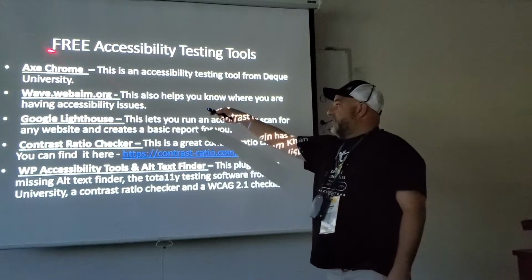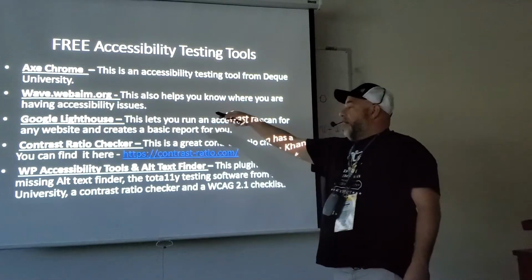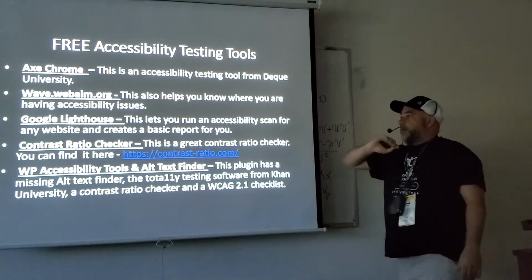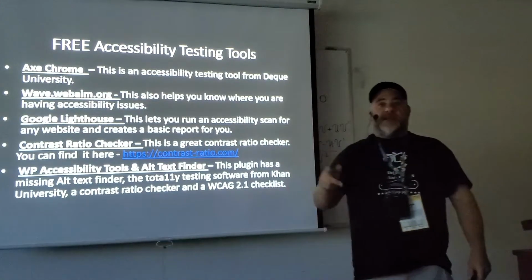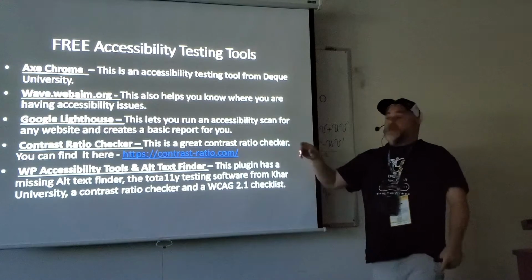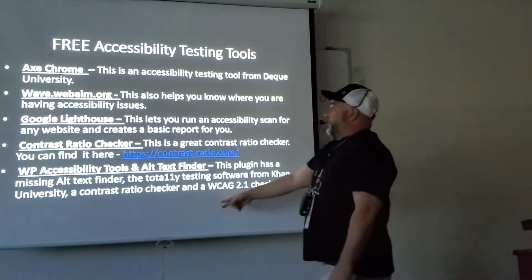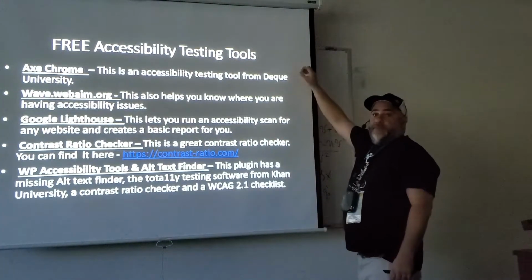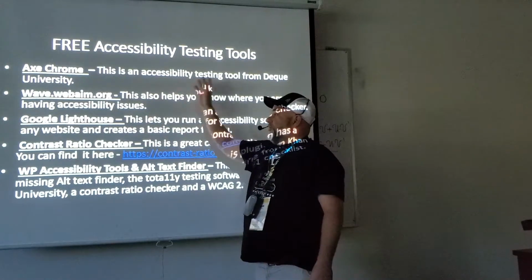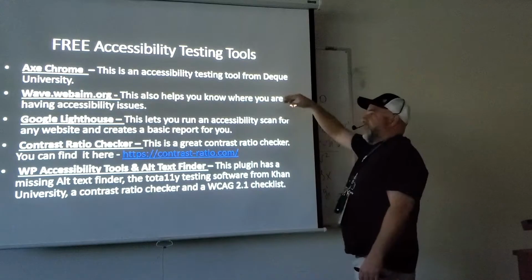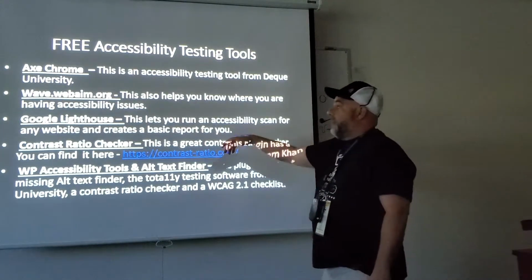And Google Lighthouse and Axe Chrome are in your inspection tools. I use Google Chrome, so if you're on a website, you right click, you go to inspect, and then you know how the right side of your screen pops up. You go in there and that's where that stuff is. Wave, you just go to their site. You can add that to your Chrome extensions, or you can just go to their site, type in your URL.